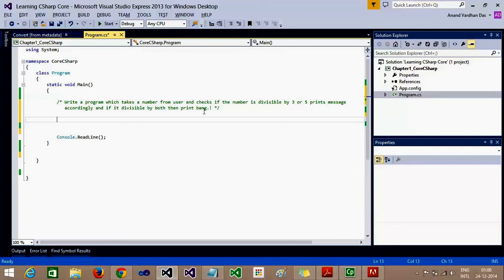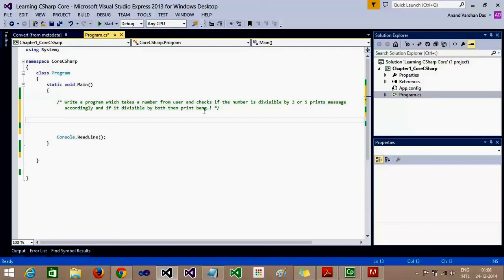So what strategy will we apply in solving this problem? We can say that if the number is divisible by 3, then we'll write a particular statement. Else if the number is divisible by 5, then we'll write another statement.